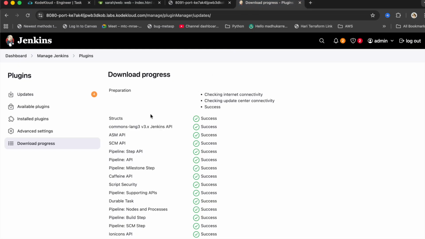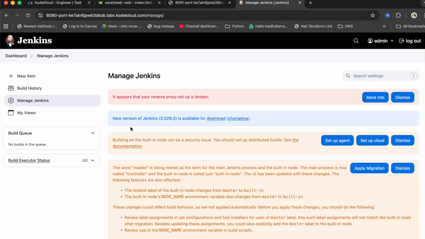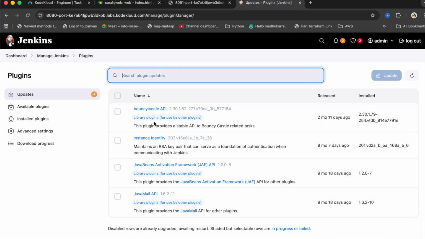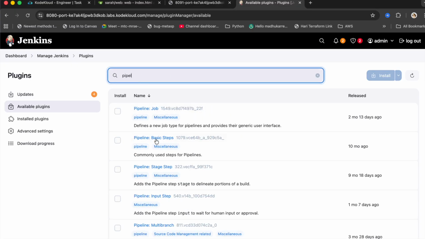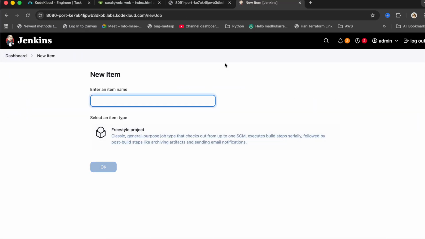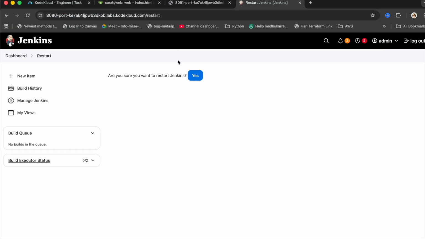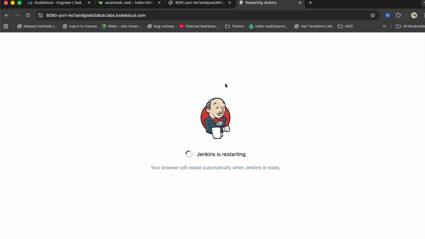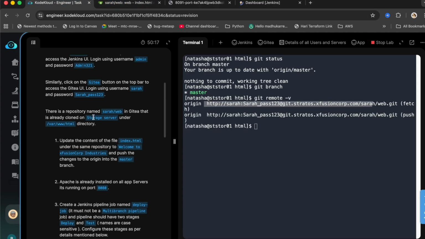So if you come back to Jenkins, I'm still installing plugins. Maybe let me do this again. If you don't see the plugin, come back here and just look for it. It seems installed, but I think we need to restart to take effect. So simply you can type restart here. You can find the credentials here,